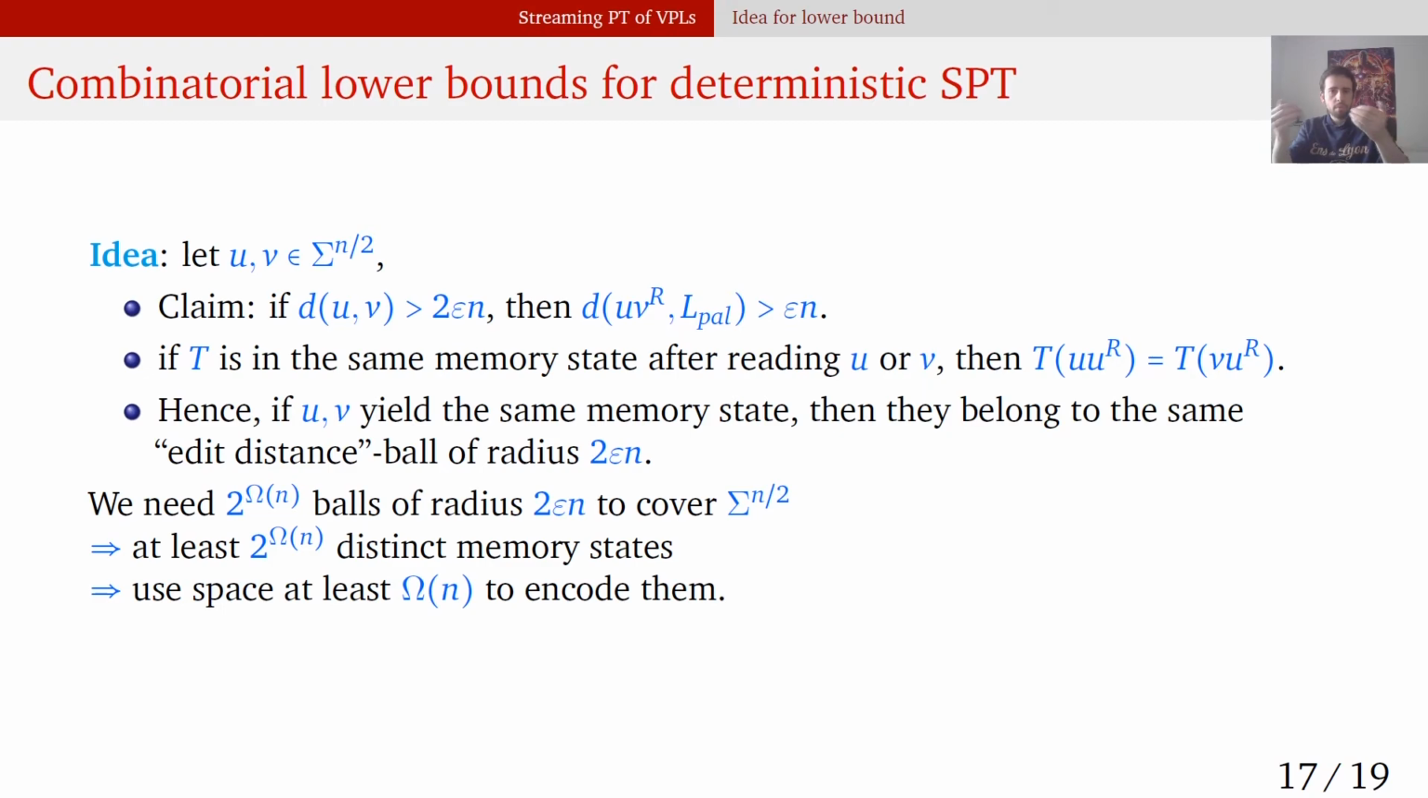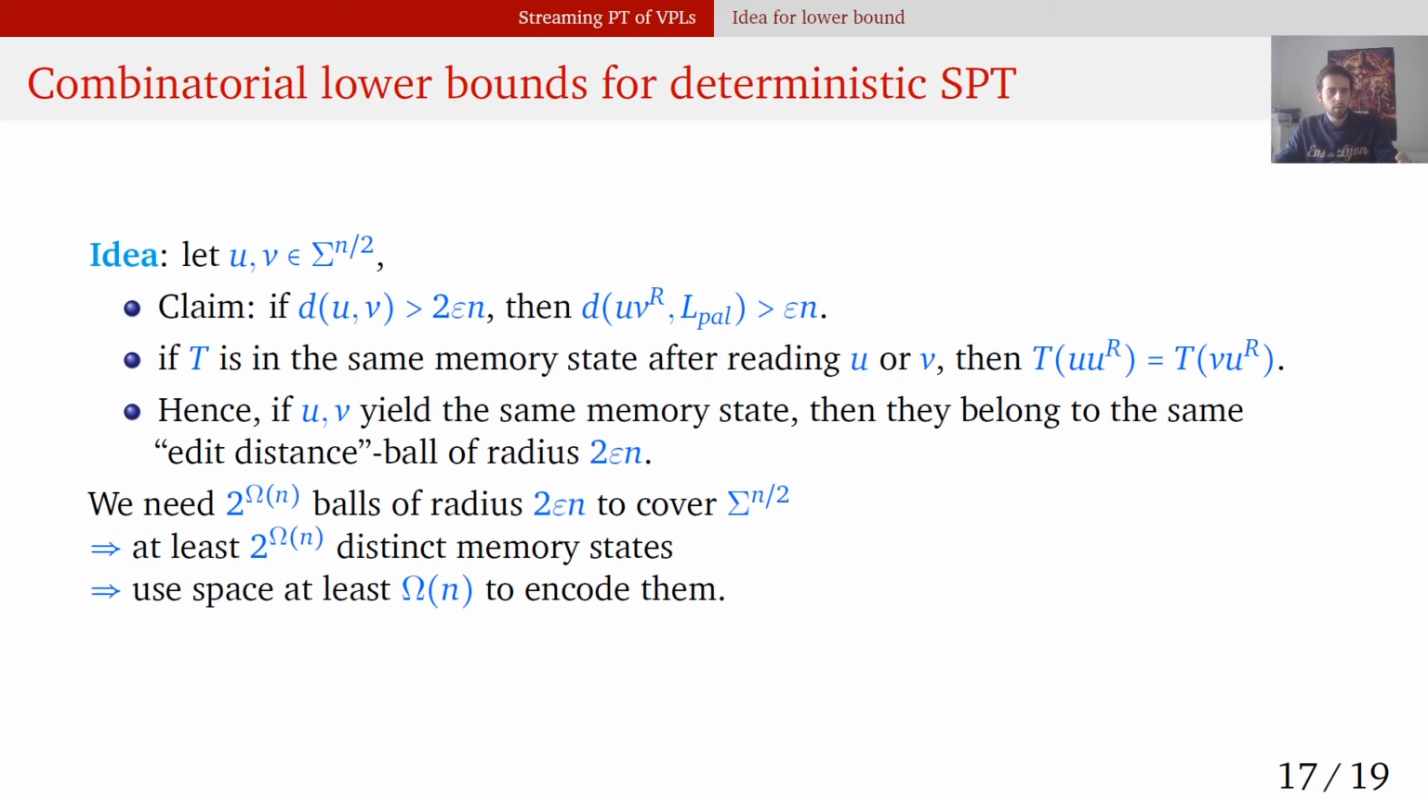two half words that are mapped to the same memory state must belong to the same ball for the edit distance of radius 2 epsilon n. We can also show that we need an exponential number of balls of radius 2 epsilon n to cover the set of all half words. This means that the algorithm must have an exponential number of memory states, and this requires linear memory to encode them. This means that any deterministic Turing property tester for this language must use a linear amount of space. And so in order to generalize this result to